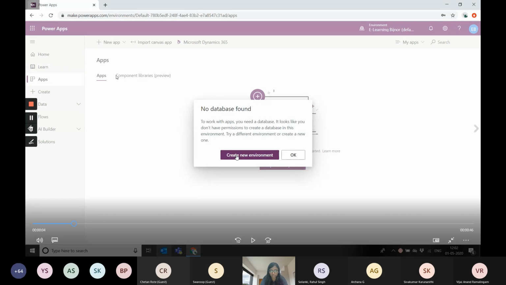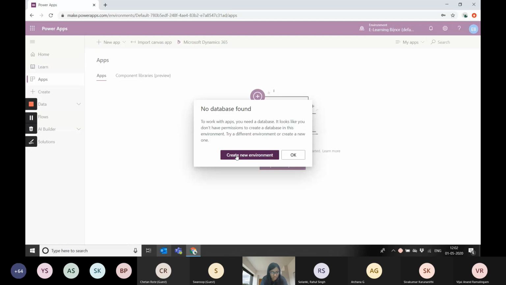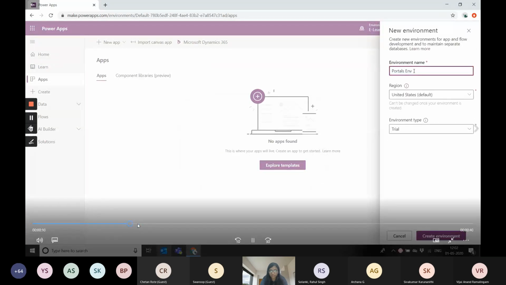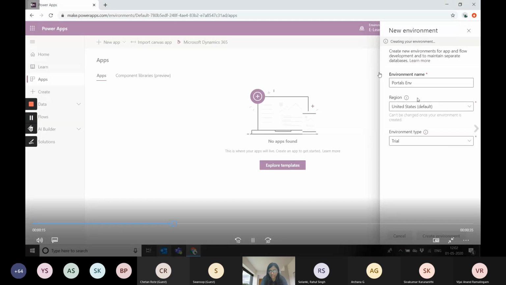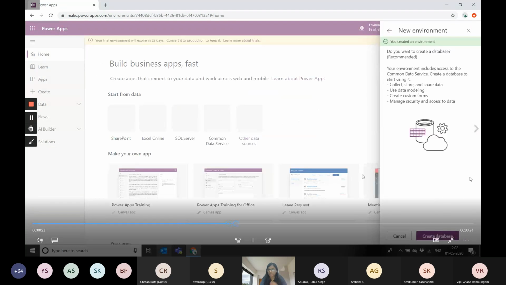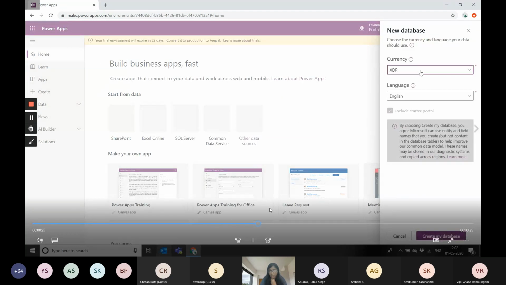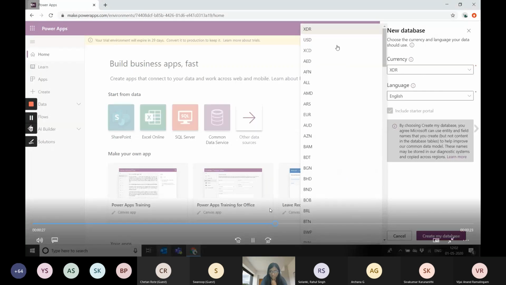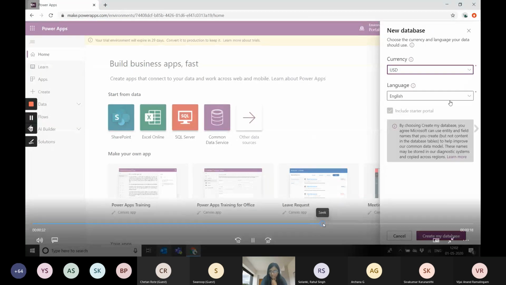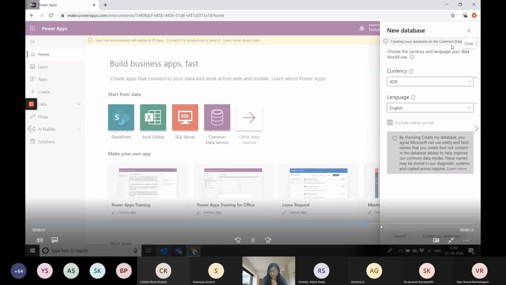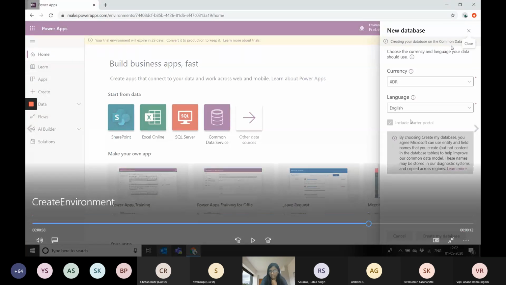It will ask you for the URL, and what language you want to have it in. So here I'm creating an environment directly. I've given the environment name, region, environment type. Then it will ask me what kind of database I want to have, which language and which currency. Once I have selected those details, it will create an environment. And if you see here, there is a checkbox for include starter portal. So if I have enabled,